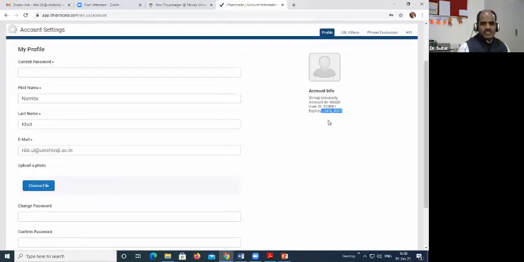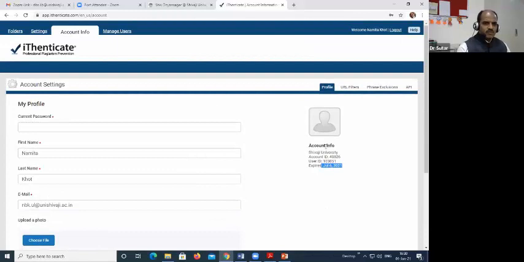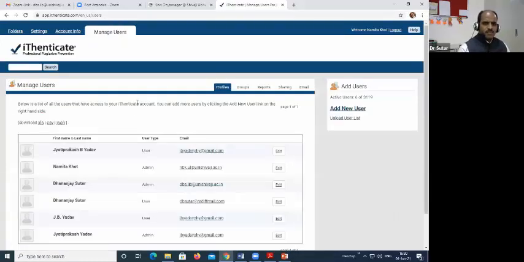So with the help of this, I have the option to change my password. Then comes managing the users. Here the manager of this account can manage the users.